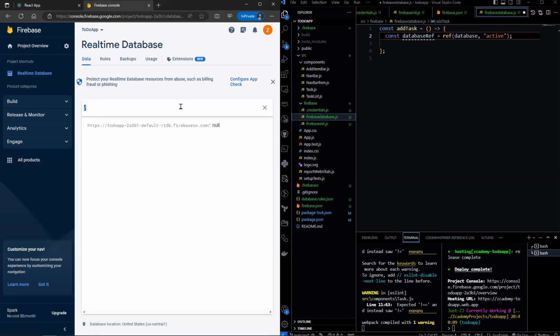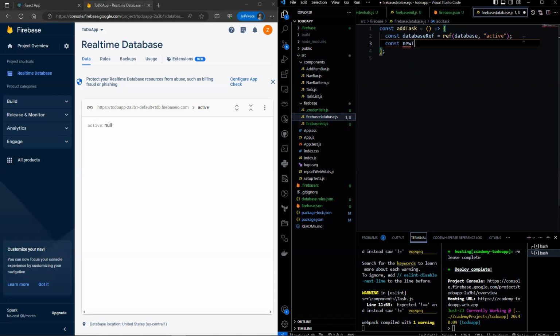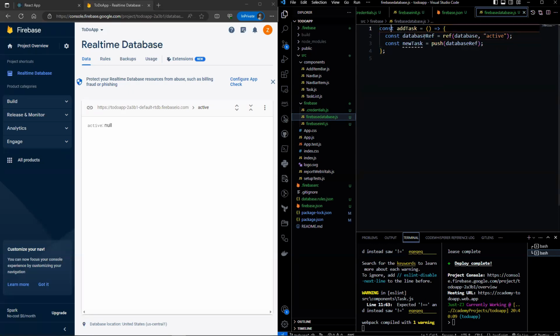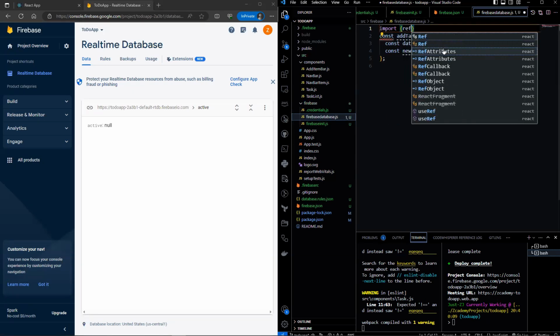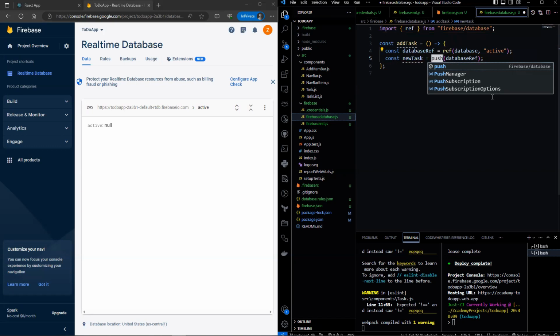This basically creates a link to the active URL where we would be able to create tasks under this active key. Now, let us create a new task by pushing to the database. Now, let's import ref from Firebase, and import push as well.